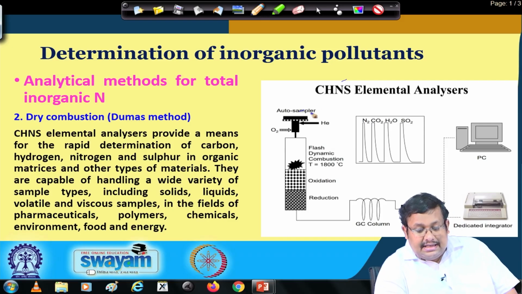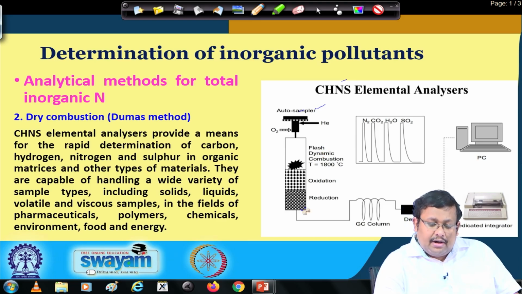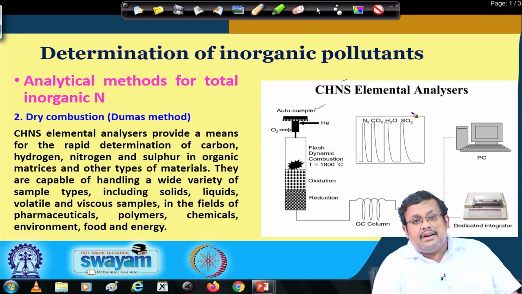As you can see here, it has an auto sampler, then it has a sample inlet system, where they basically introduce helium and oxygen gas, and there is a combustion chamber where a flash dynamic combustion occurs at a temperature of 1800 degree centigrade, where they oxidize. After they oxidize, the nitrogen, carbon, hydrogen and sulfur are converted into carbon dioxide, water vapor and also sulfur dioxide,